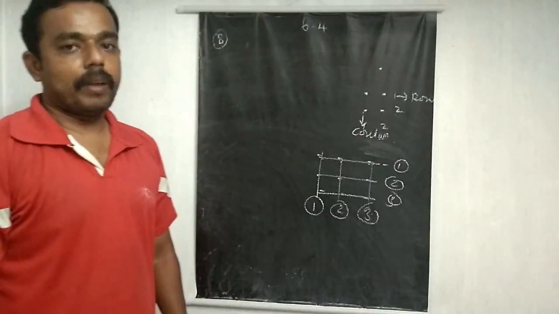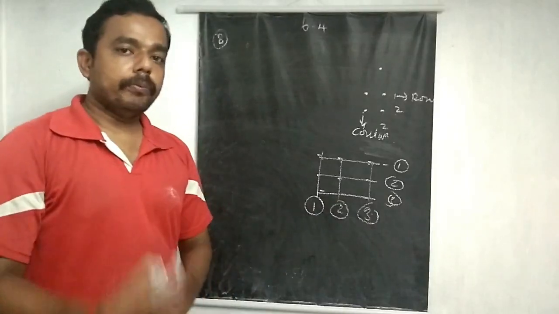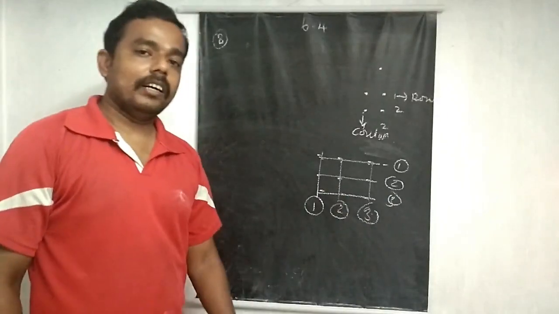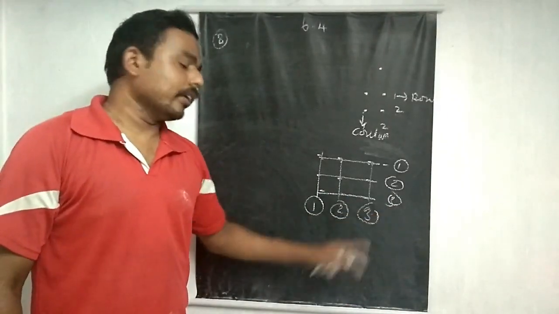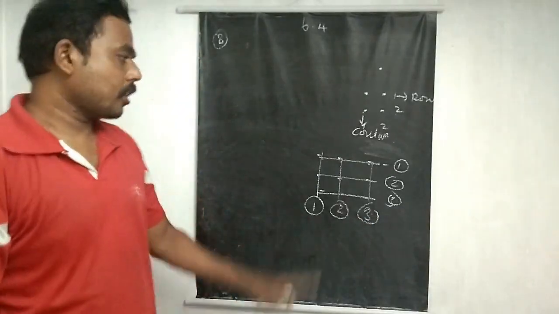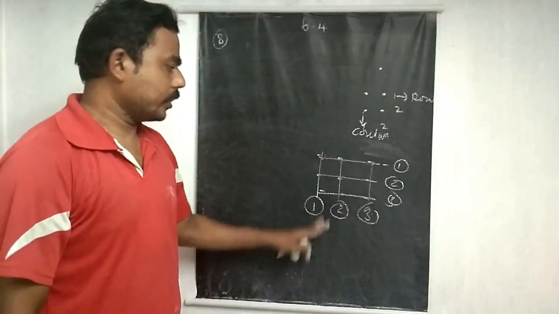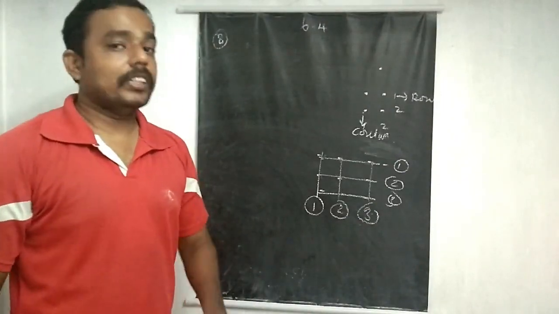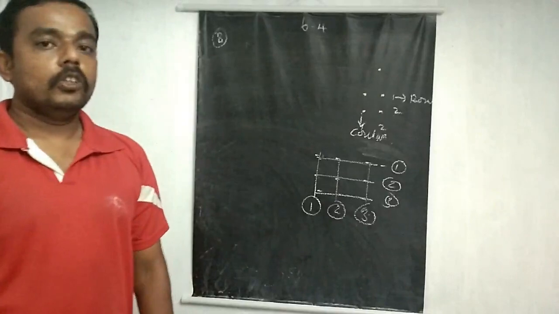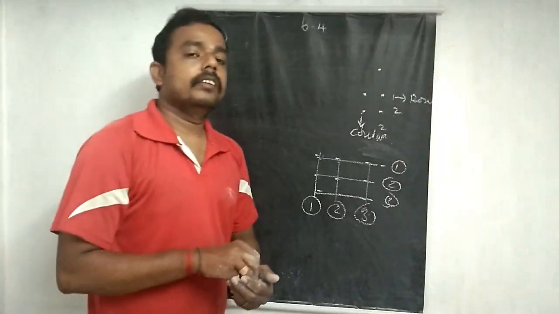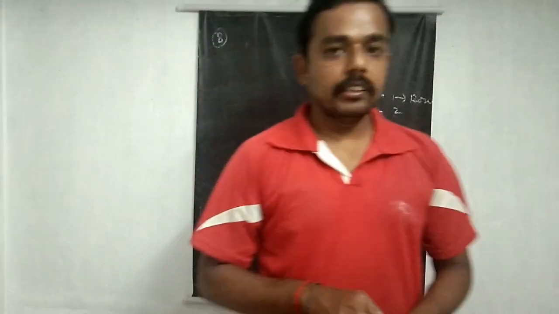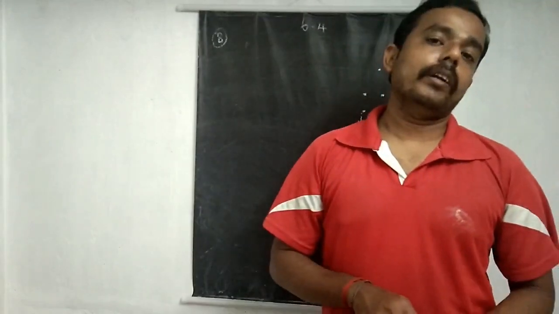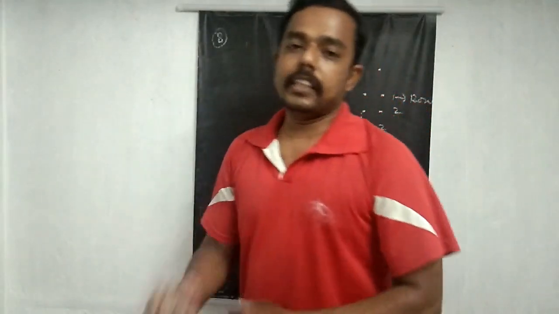We have 1,000 plants. We need to plant them using a number of rows equal to the number of columns. Just count 1, 2, 3, 1, 2, 3. It's equal, so 3 into 3. So it's a perfect square number. Now we need to plant the number of trees, but it's a perfect square number. So just think about this.